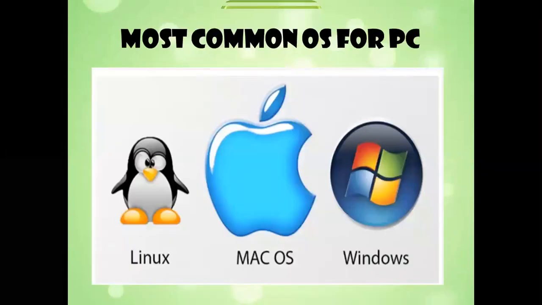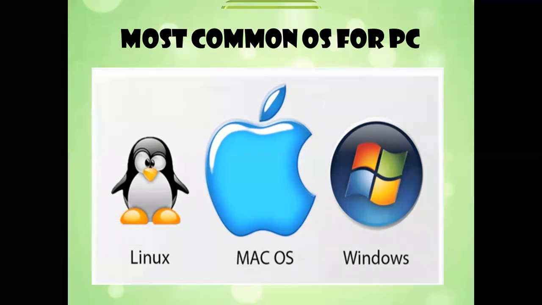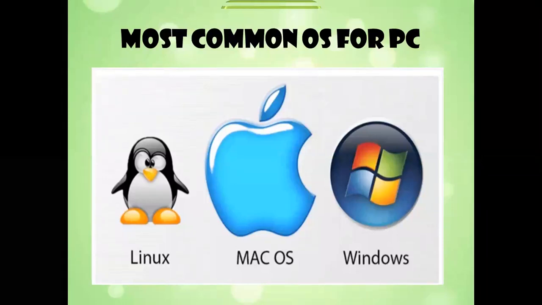Now what are the most common operating systems? You have to remember or learn the icons of all the operating systems which we are using most of the time. Linux, Mac OS and Windows. Windows, everybody knows, we all are using Windows on our system. Mac OS is an operating system. This is one of the symbols of Mac OS, and there is one more symbol. So check for that symbol also. Mac OS is a type of operating system which runs only on Apple systems.